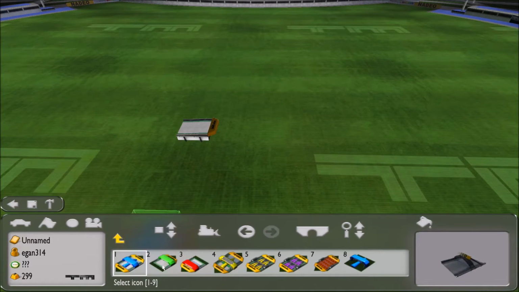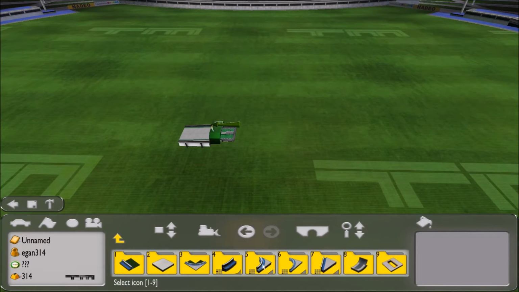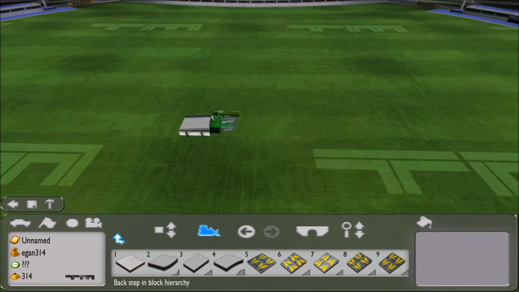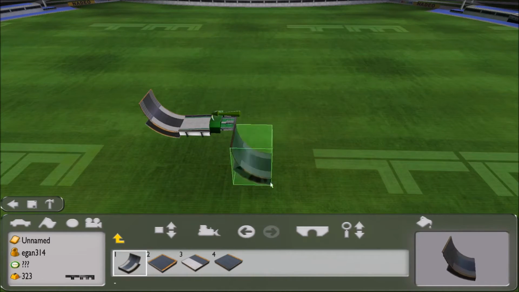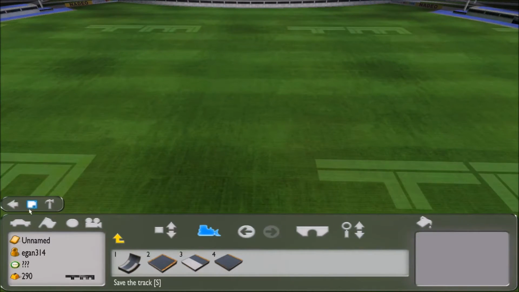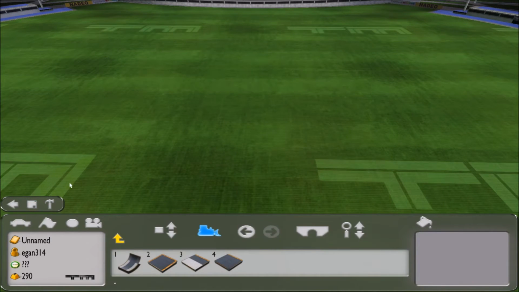Folder 2, start line. Now we're connected to a piece that's very similar to what we want. Go over to folder 6, grab our pieces, and we can connect to whatever we please in terms of these very nice racetrack pieces. And I think that's about everything you need to know to begin your track editing experience. Save the track if you want to be able to actually challenge someone and keep it. And that should be everything you need to...